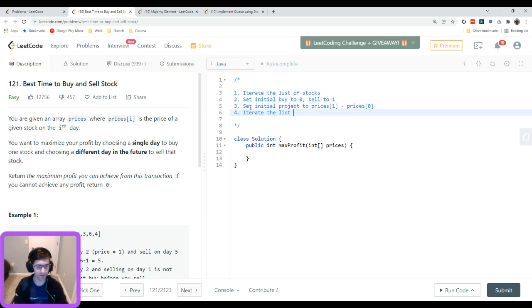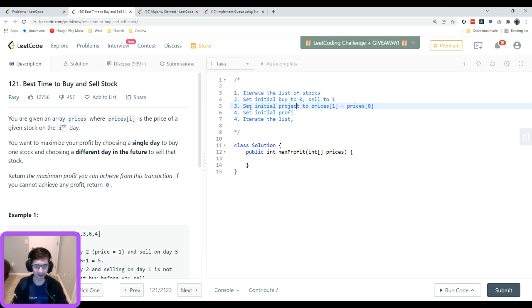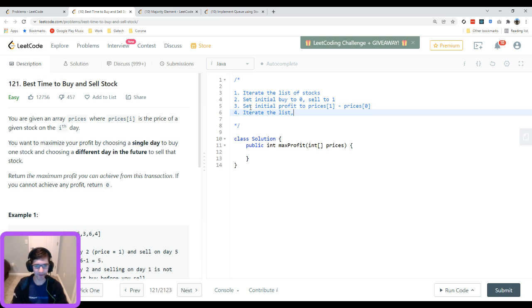So I need to track initial profit. I have it in here, I just am spelling things incorrectly, which makes it hard to keep track of stuff. Okay, so we're gonna iterate the list, looking for